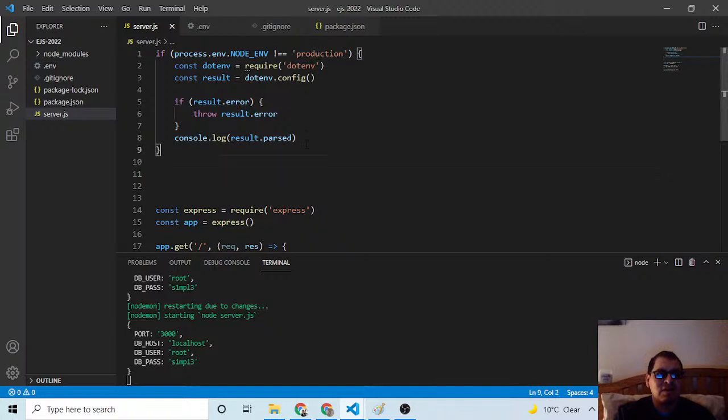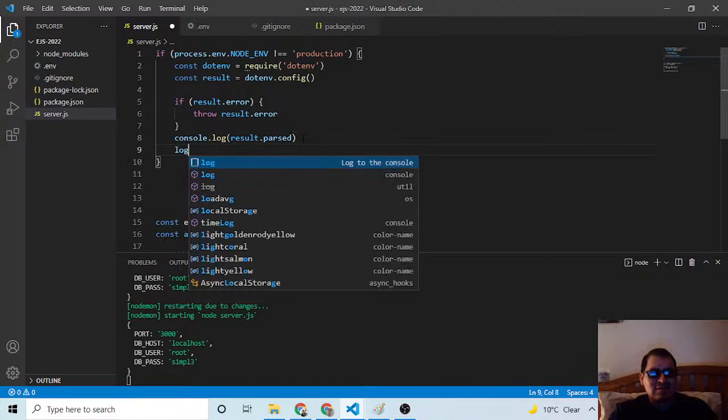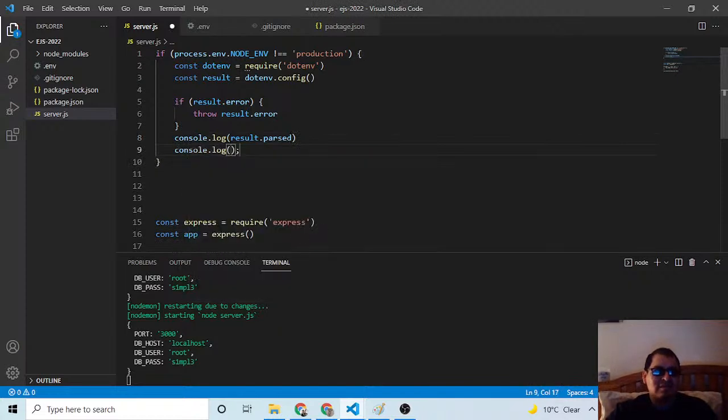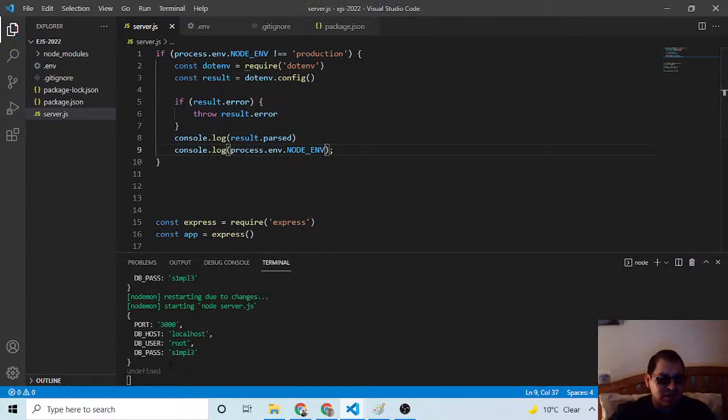Let me console log this. Control copy. I'm going to log this. What does it say? Okay. It says undefined. Undefined. How can I know that this node env is production?